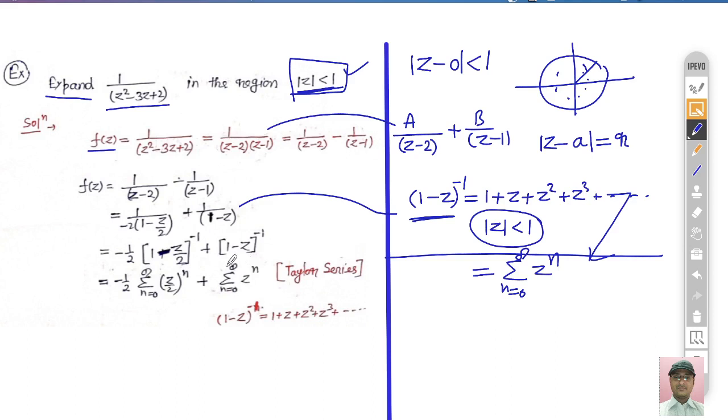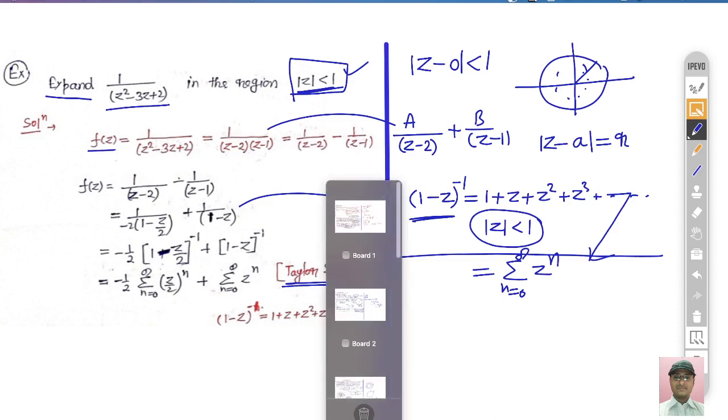So in the GATE exam, these types of questions are basically asked, and they may give 4 options. First is the Taylor series, second is the Laurent series, third option may be neither Taylor nor Laurent, and in the fourth option they may say none of these, right? So you can see here, since it is an expansion in positive powers of z, we can say that in this region it is basically a Taylor series, right? Now we see the GATE problem.